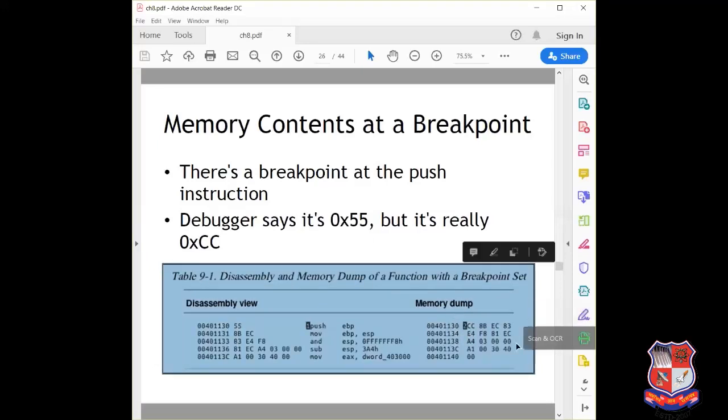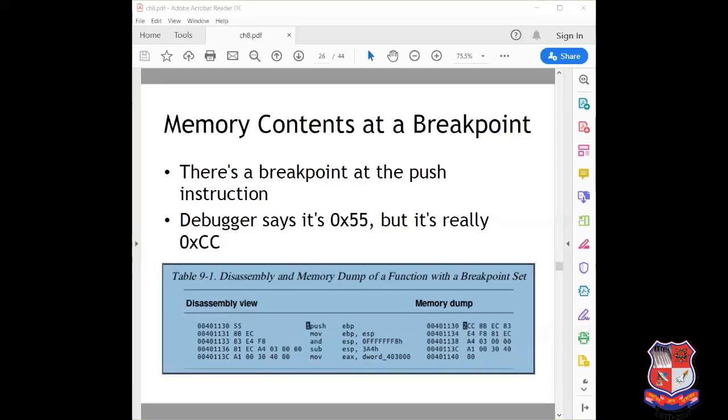So push EBP corresponds to the opcode 0x55 in the disassembly view, and here it corresponds to 0xCC in the memory dump view, which represents the breakpoint.